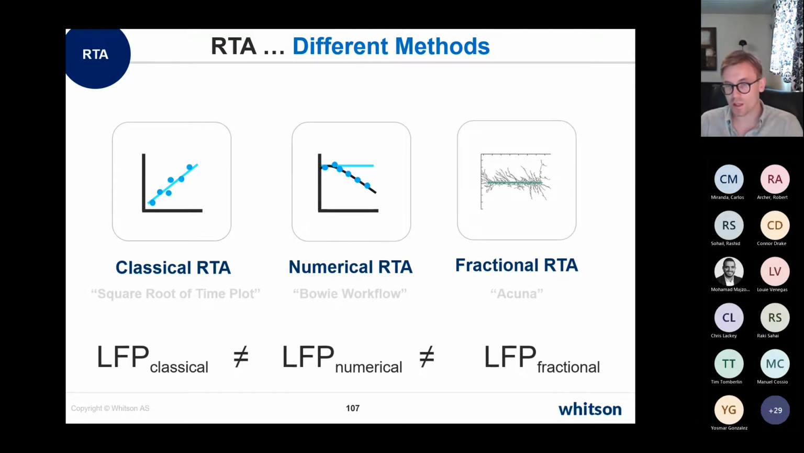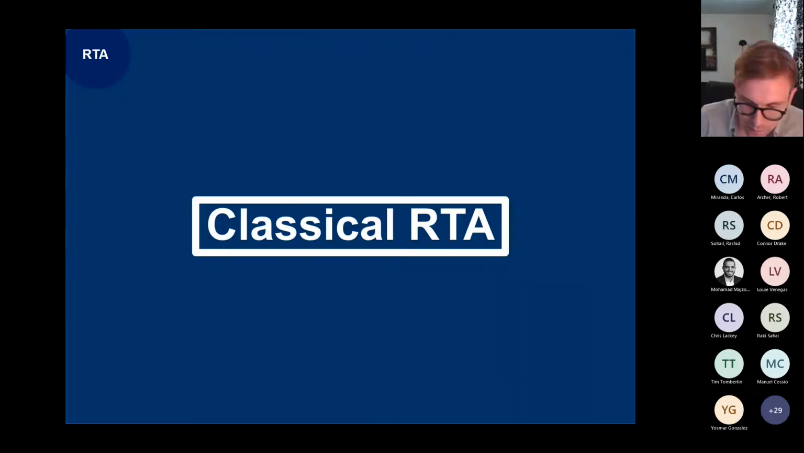So if you apply one of these techniques and you want to compare to other wells, at least compare apples to apples. You can run them for all of them. There's a lot of information in all of them, but compare classical RTA to classical RTA, numerical RTA to numerical RTA, fractional RTA to fractional RTA, and just know if there are differences. Those differences should behave fairly consistently. So we'll start with the